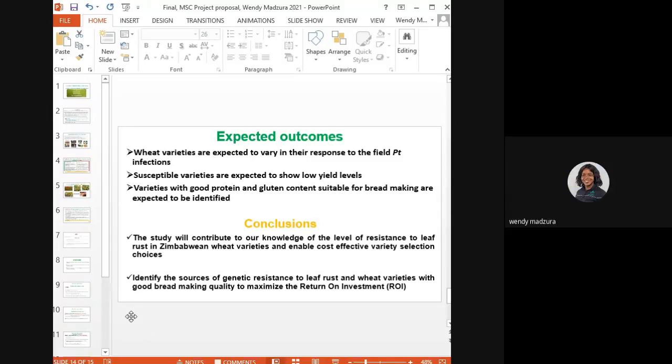Okay, like I said, we are screening commercialized varieties and varieties that are not yet commercialized as well. Hence the 36 different varieties. Because the commercialized ones currently...